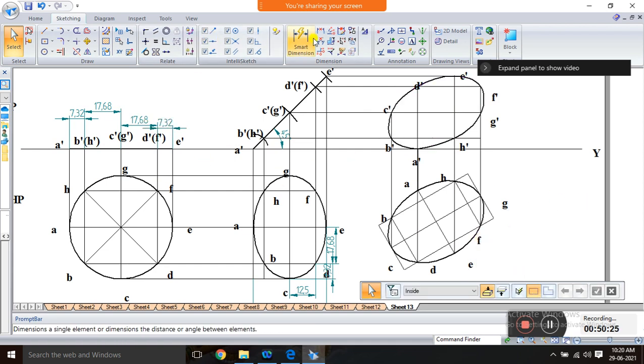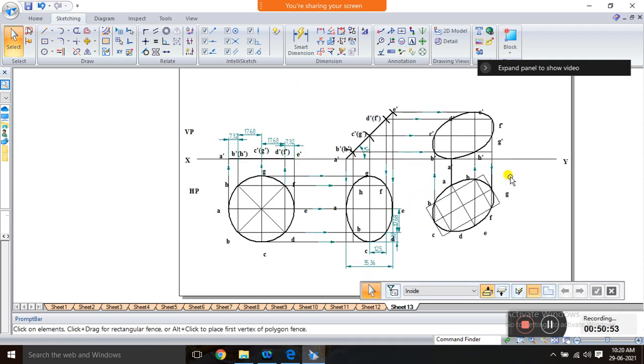And after this, you have to show the arrow mark. That should be shown, because where to where we projected and where to where we get the point, means first one either we got the front view or top view. So this arrow mark will help to get which view we got first. So like this you have to show all the arrow marks. Okay,